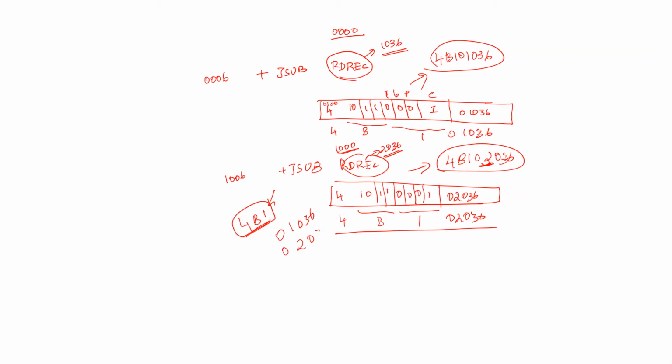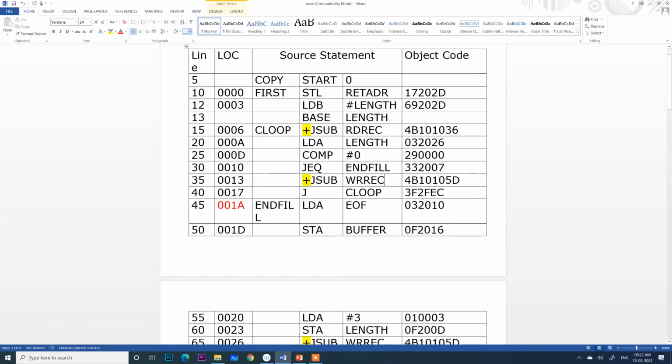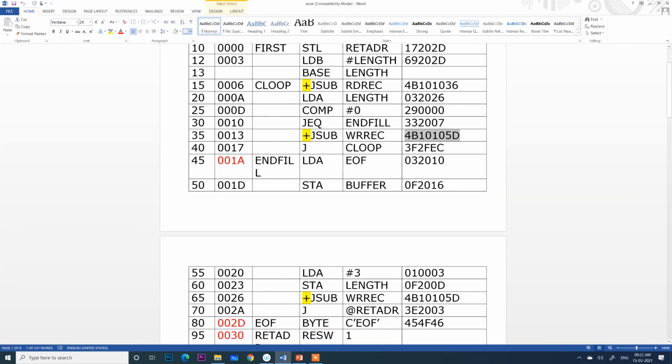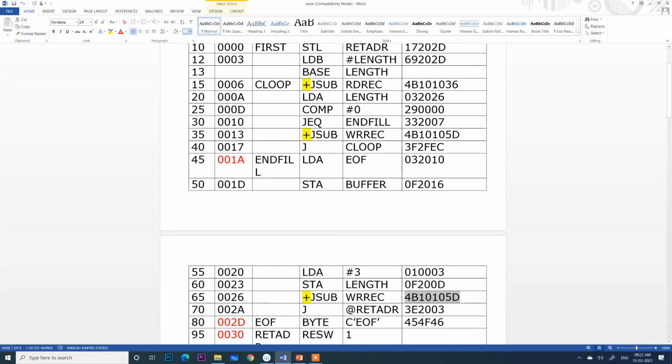If it is some other location, these 5 values can always be changed. So when it is a format 4 instruction and you go for relocation, this will always get changed. So now you might have understood that all the instructions will be converted into object code in a similar way, but only format 4 instructions will be changed. In our program we have 3 format 4 instructions, and these will get changed, because when you perform relocation, their relative places get changed.